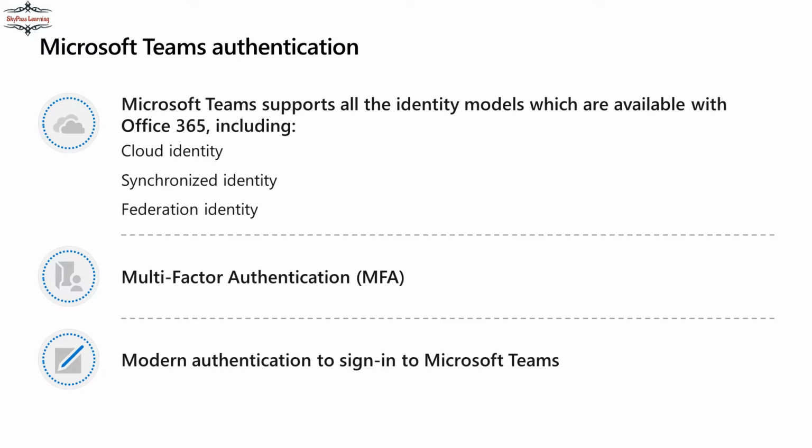Then we have the federation authentication identities option as well, where the user account and everything exists on-premises. When the user tries to log in to Office 365, the request is redirected to the on-premises server, and then the on-premises Active Directory authenticates the user and sends the confirmation token back to the cloud so the users are able to access